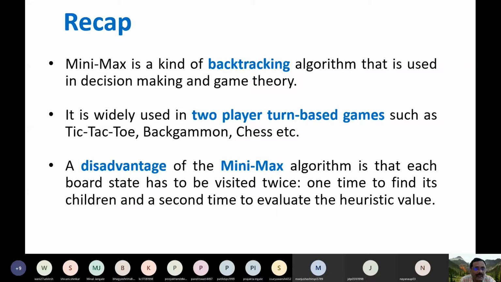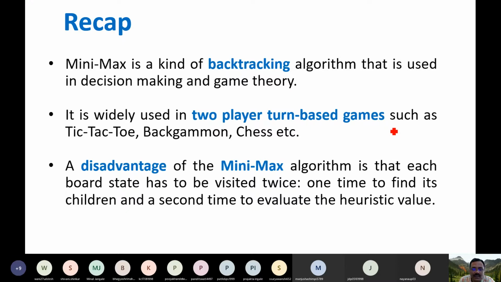We have said that this minimax algorithm is a decision making algorithm used in turn based two player games. The goal is to decide what move the maximizer, or first player, should select, and that is given by this minimax search algorithm.